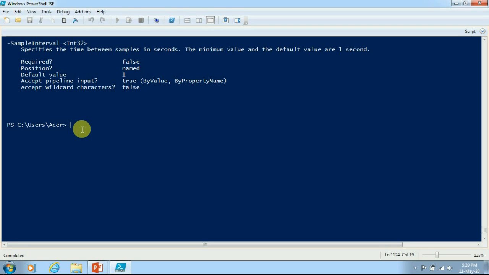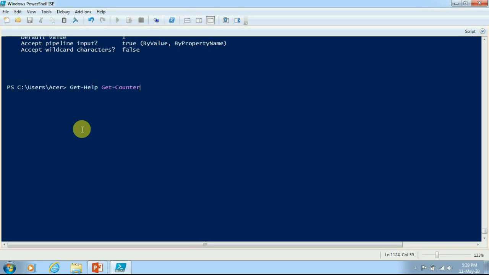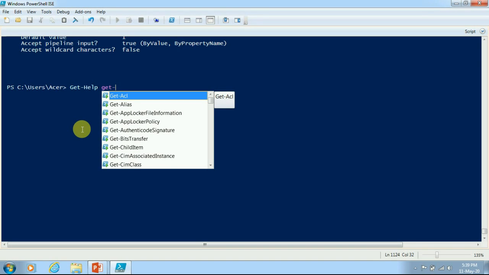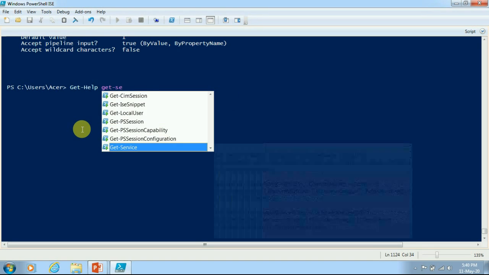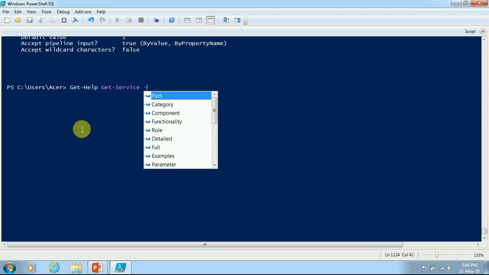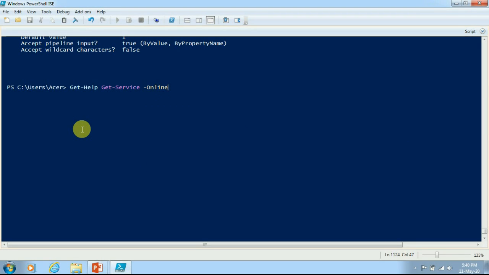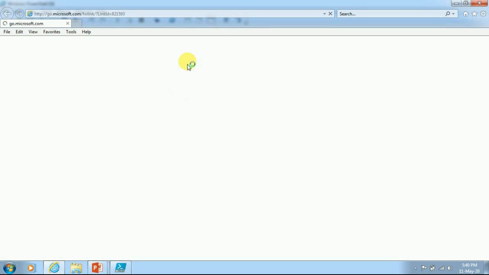Now let's move to the other example. If I want to get the information online, we just have to use everything as it is, but only pass a parameter called Online. In this case, the online section will be opened in the default browser and we can refer to the net.